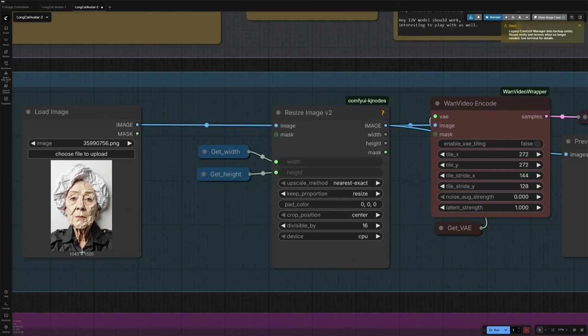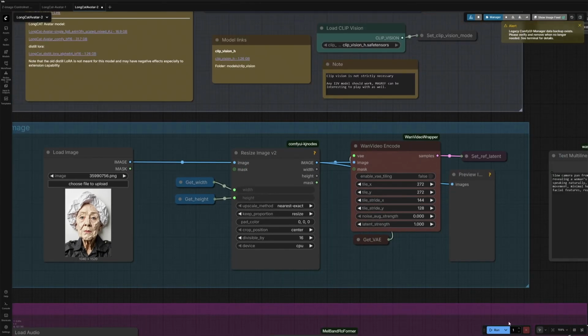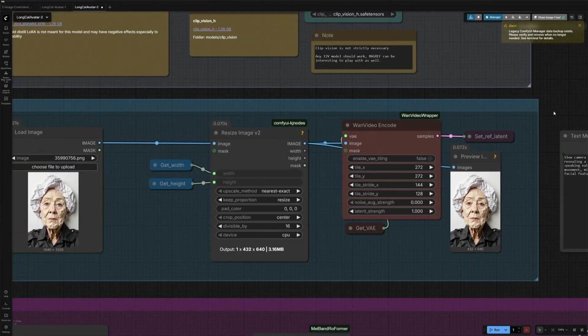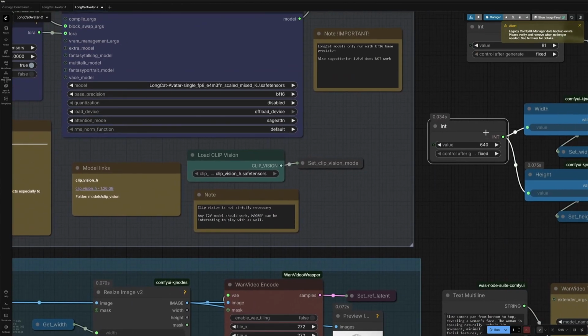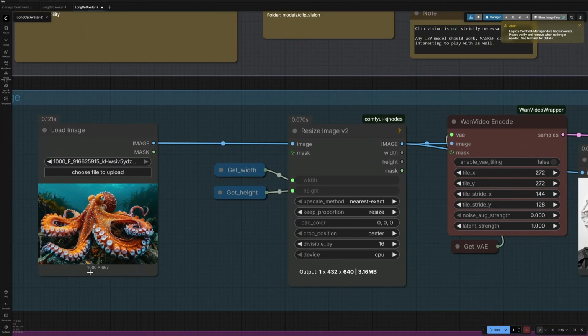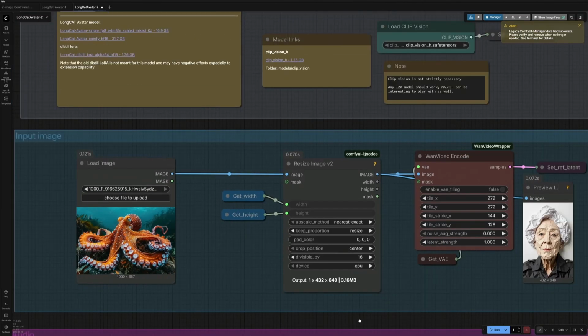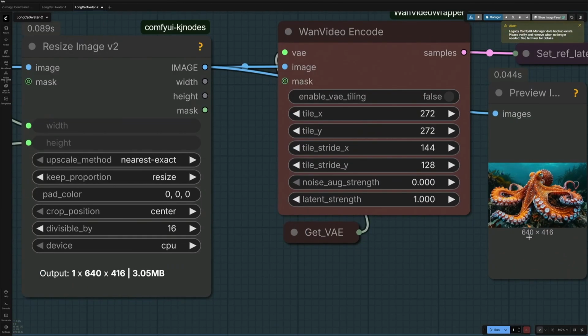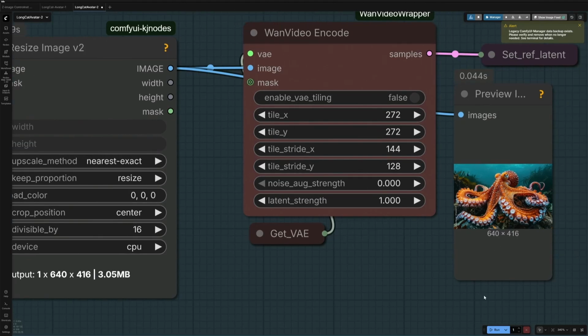So you see this image is large. Processing this many pixels will take lots of time and will fail on most personal computers. And when I run these nodes, the resized image will not be larger than 640 pixels. This is locked at 640 pixels. If I upload an image with a longer width, the width is locked at 640 pixels.